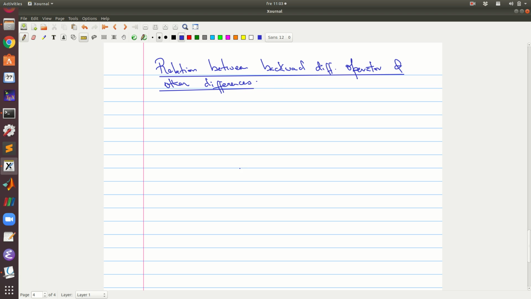Hi and welcome to this section where we are going to look at some relations between the backward difference operator and other differences. So far we have looked at